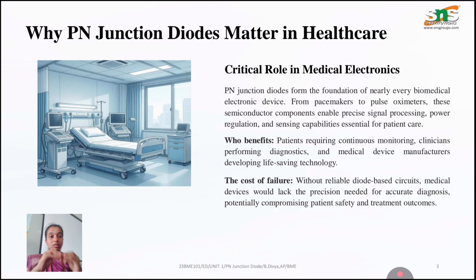A diode-based circuit is very helpful in effectively providing the diagnostic system